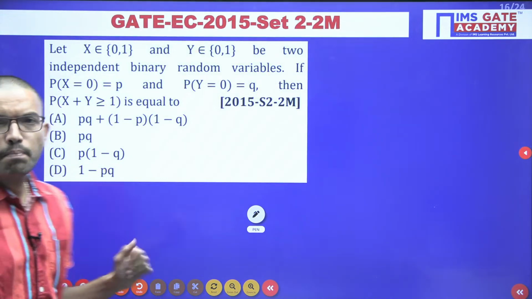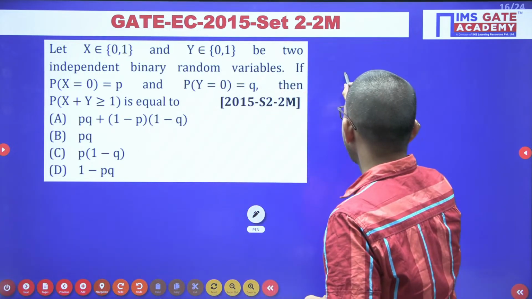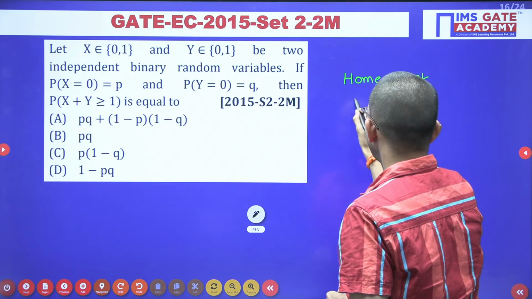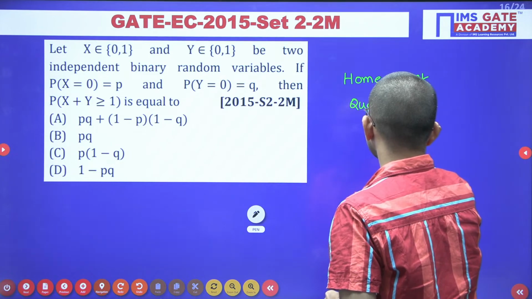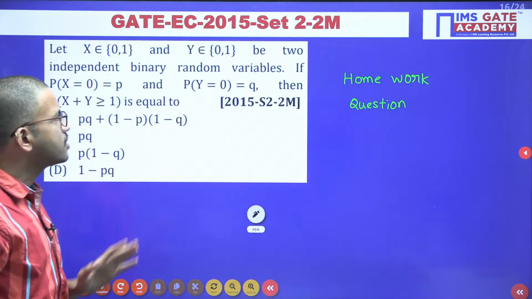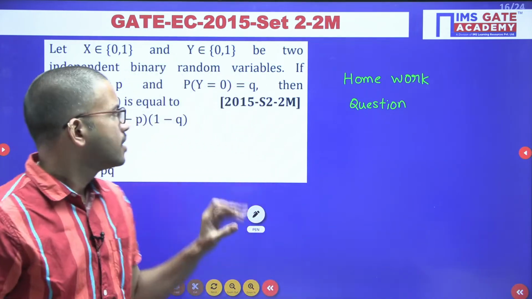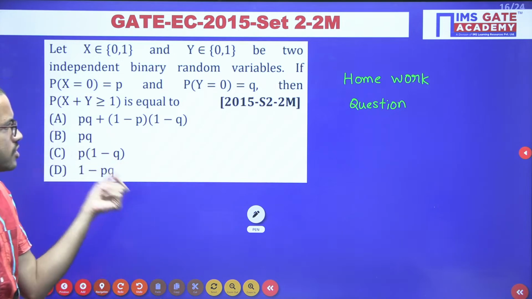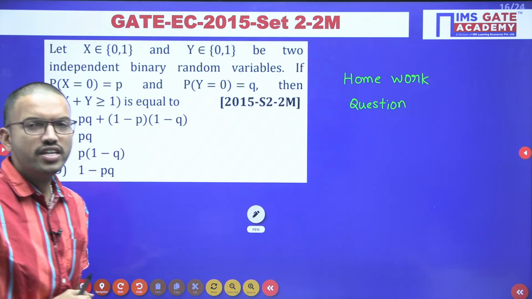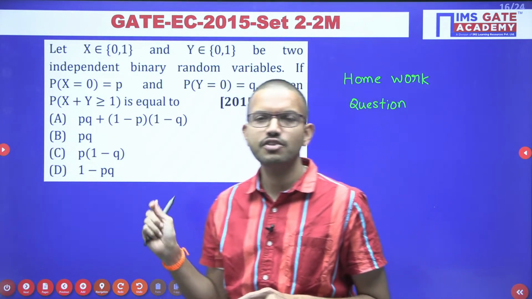This is the last question, but I won't solve it in this particular session. I am giving this question as homework, so all of you can try it whenever you get time in the upcoming one week. This is a question based on random variables. With the help of the probability concept we discussed in the first question, you can solve it. Take a screenshot of this question, and after solving it, mention whatever answer you feel is correct in the comment section.